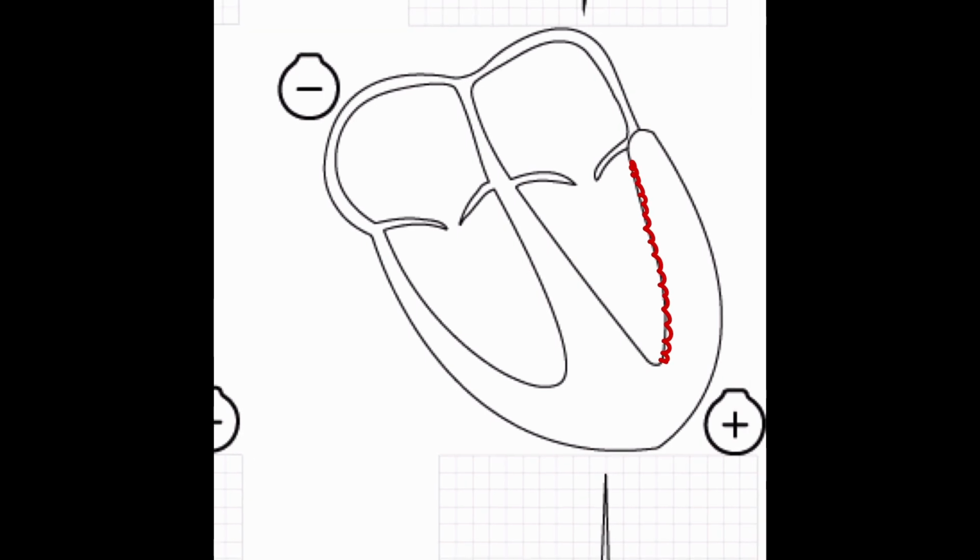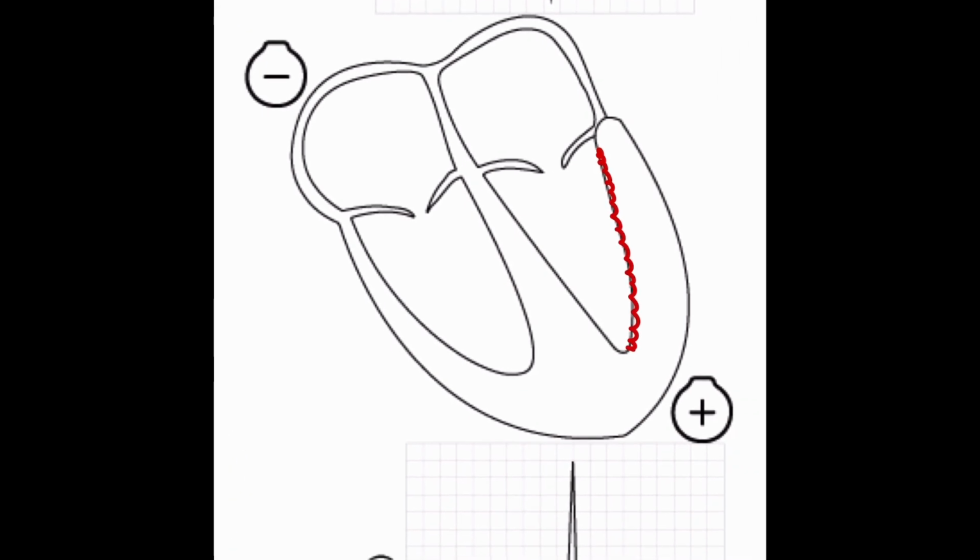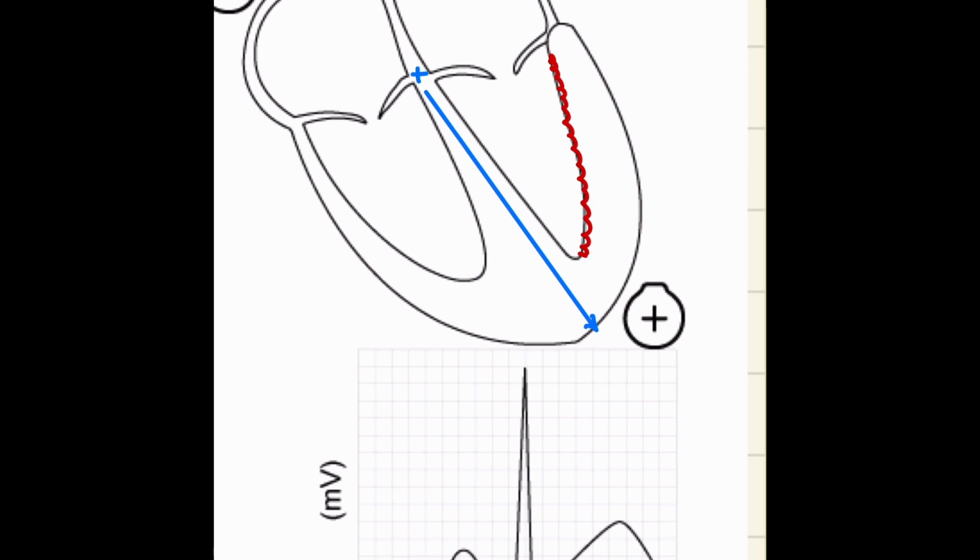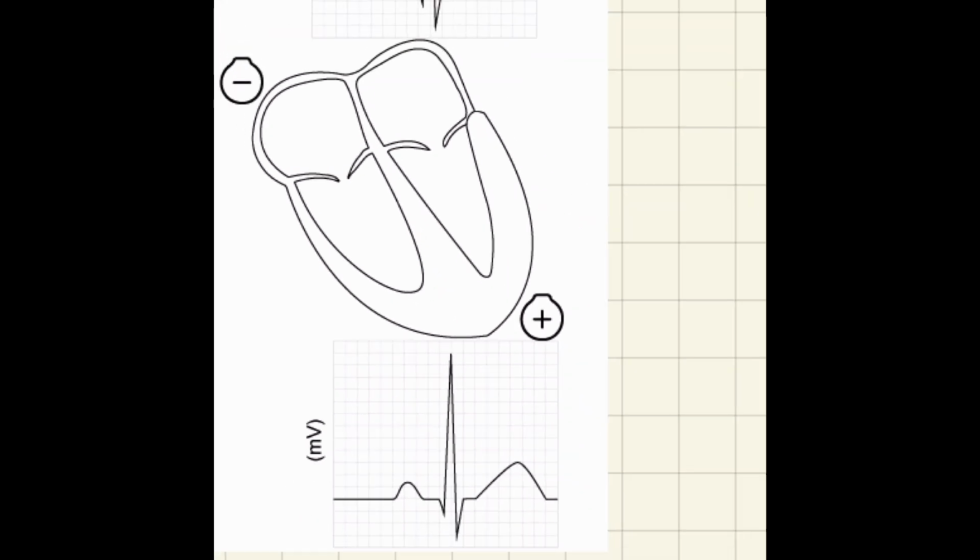What happens is the plateau phase that normally is longer in the endocardium actually becomes shorter. So our vector starts to point in the opposite direction. And then we have a positive vector pointing towards a positive sensor, and we see an inverted T wave. So our wave looks something like that instead of that one. And that's like the first sign of what we would call a heart attack or a blockage in the heart. The next step up would be an NSTEMI,